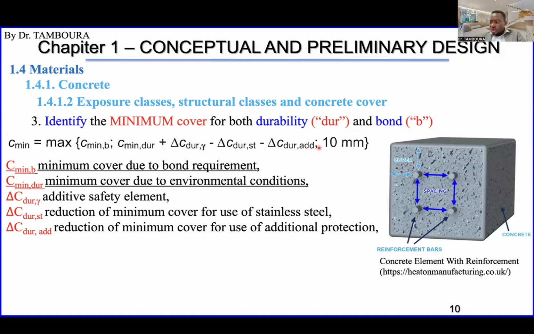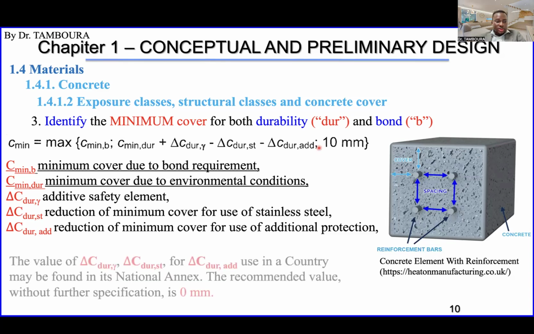Okay, these are what we need to determine for the next. Okay, so according to Eurocode, these three, 1, 2, 3, these are here, this one, and this one. Okay, these three, the value of these,